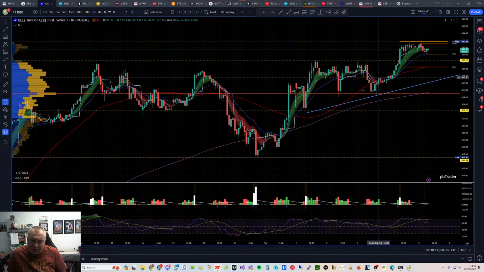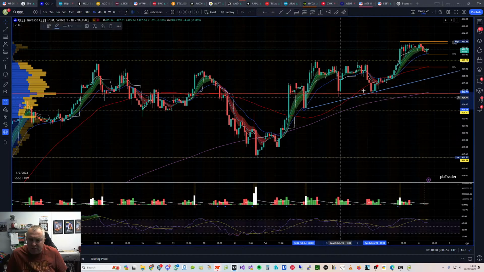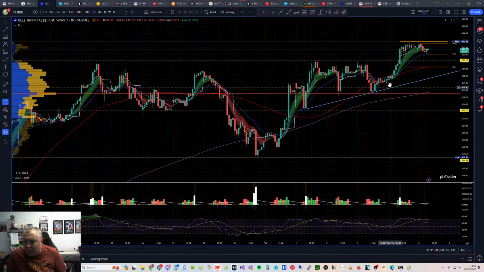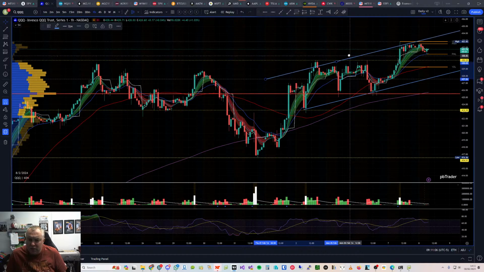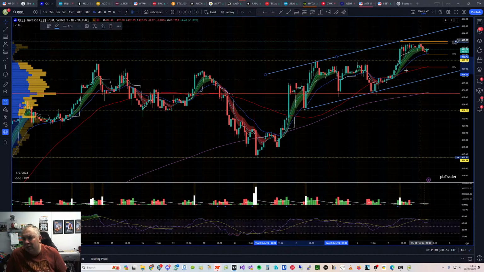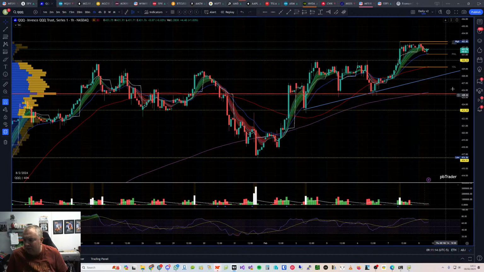Got this trend line. We can move it up here, keep it a bit tighter, so it's just the bodies of the candle. And what happens when I clone it? Look at that, almost there. So we're kind of in that channel at the moment, so not a great one. I'll keep the bottom trend line.